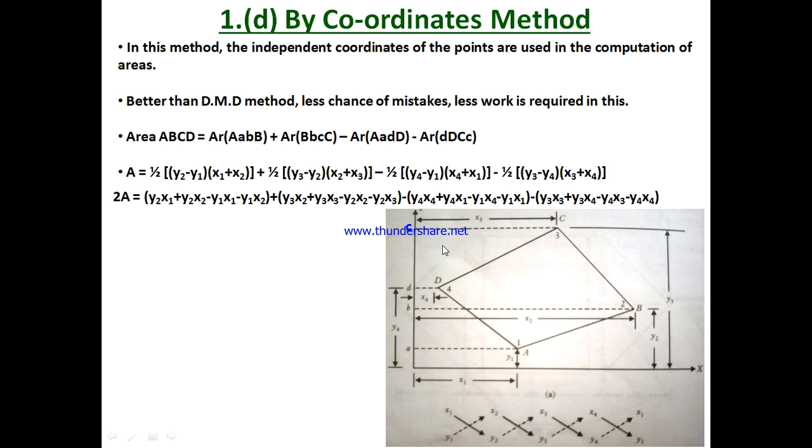So the area of trapezoid CCD will be equal to half sum of the parallel sides, which will be equal to x3 plus x4, into distance or height, which will be equal to CD, which will be equal to y1 minus y4. Okay, so you can see here we have done y1 minus y4. We need to calculate it like that.